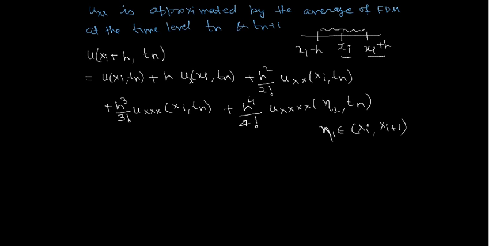So h cube by 3 factorial u xxx at tn. Okay, so why have we gone for the fourth derivative? Because this time we have to approximate the value of u double x, the double derivative. So this time we are not going to subtract; this time we have to add, because in the last expression what we have observed